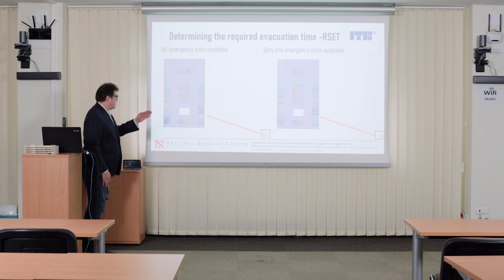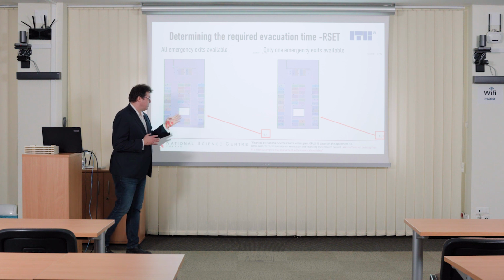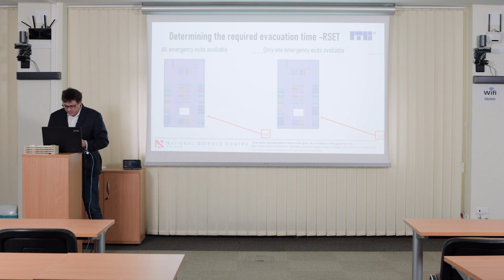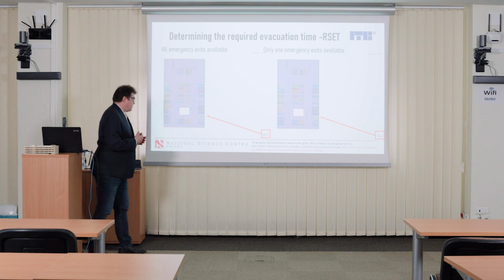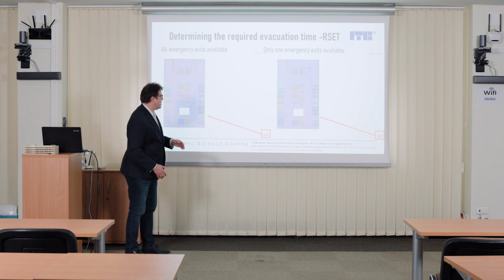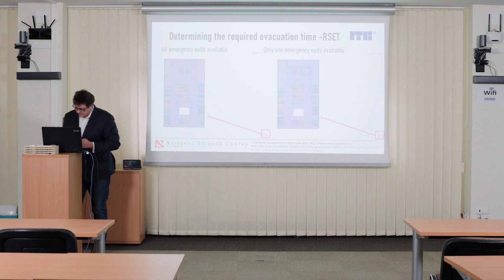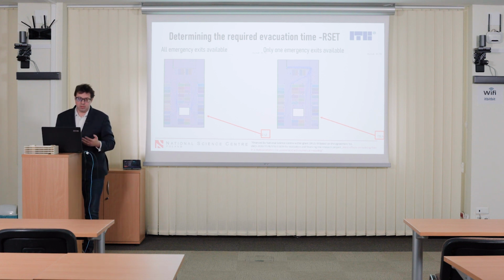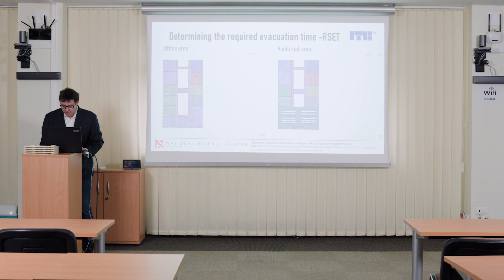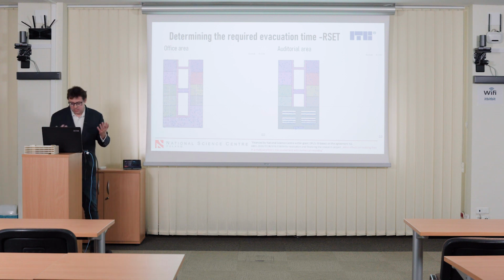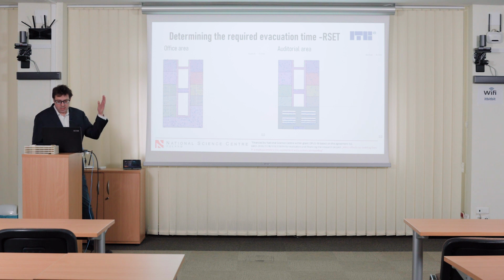So, for example, in the pictures on the left side, all the doors are available for evacuation. On the right picture, we have 2 doors switched off, for example, because of the amount of smoke, so it's not possible to evacuate using these doors. If we compare these 2 simulations, on the right one all people have to go to the third door, so there can be queues and the time of evacuation is longer, as in the situation, for example, in the office area or in the auditorial area, where of course we can have some influence of the wind on the building